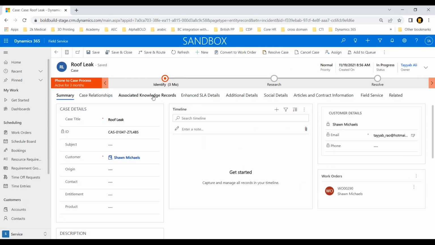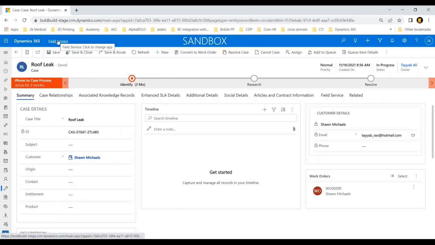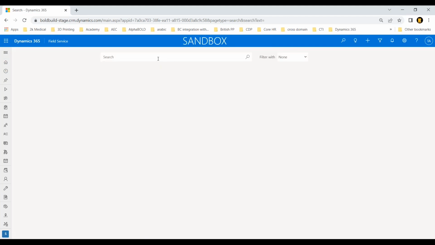No worries, perfect. So here, this is the field service module, as you can see up in here. And this is probably going to be your dispatcher who is using it. So what happens is that I open up, say, Shawn Michaels in my system. And it's very easy to open up Shawn Michaels. If I go in here and search for Shawn Michaels.